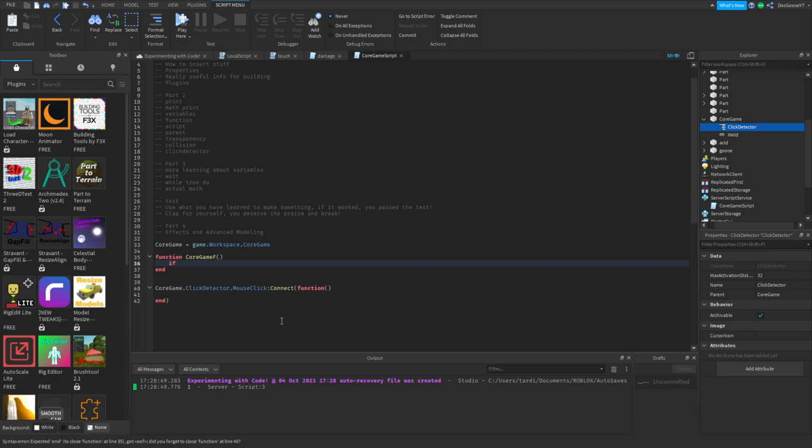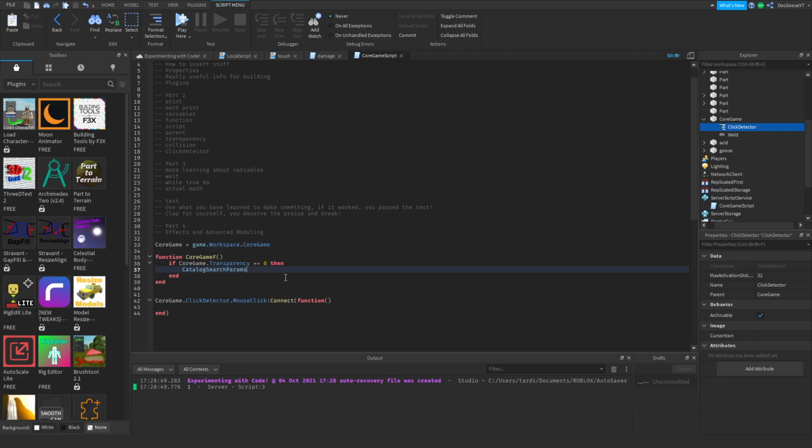we're going to use ifs, okay? If you aren't familiar with ifs, they are basically, if a certain condition passes, like, say a part was invisible, let's say, if core game dot transparency equals 0. You put two equals because you don't want to change it. You just use this to detect if something is something. So you usually use these for conditions. So this is a condition, and if this condition is true, which it is because core game transparency is 0, then core game